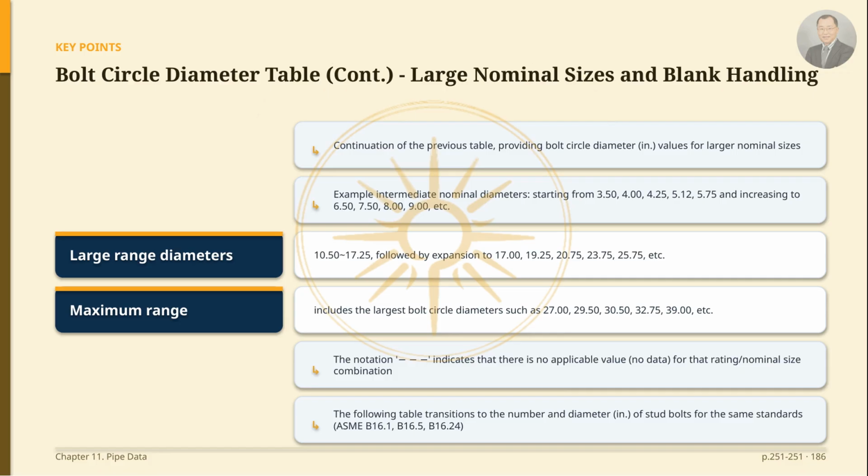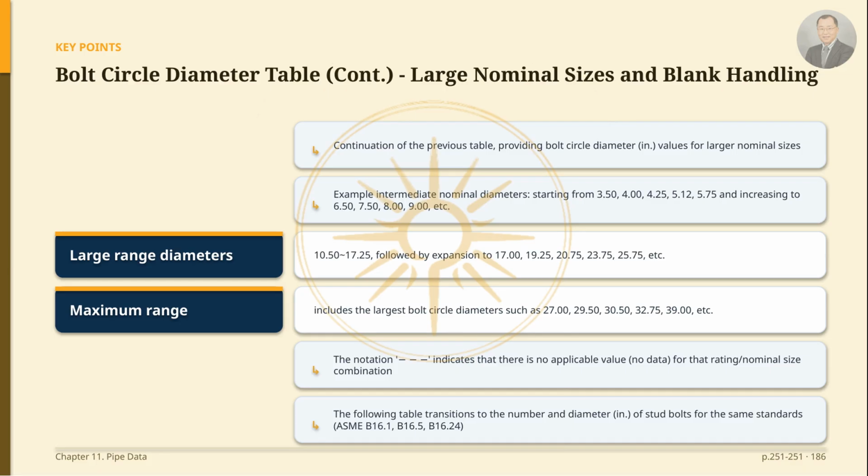Instead of listing every value, I suggest that practitioners refer directly to the values needed based on their specific nominal size and class. Please note that the triple dash notation in the table indicates that there is no applicable value for that combination, and I recommend reviewing this alongside the stud bolt information for ASME B16.1, B16.5, and B16.24 standards